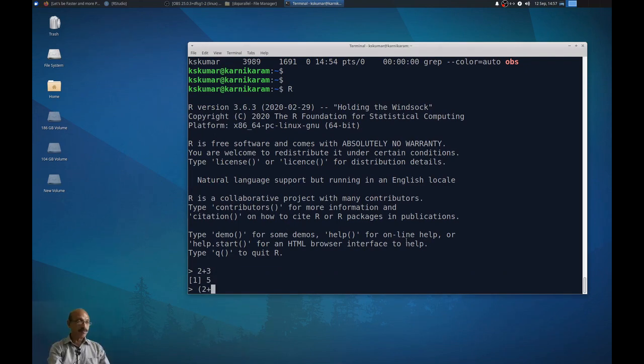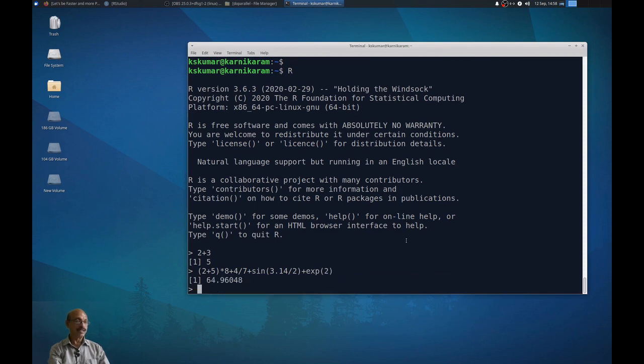Like 2 plus 5 star 8 plus 4 by 7 plus sine of 3.14 by 2. R is case sensitive, so you have to use small letters. Plus exp, e raised to 2, something like that. You can do this kind of calculation.